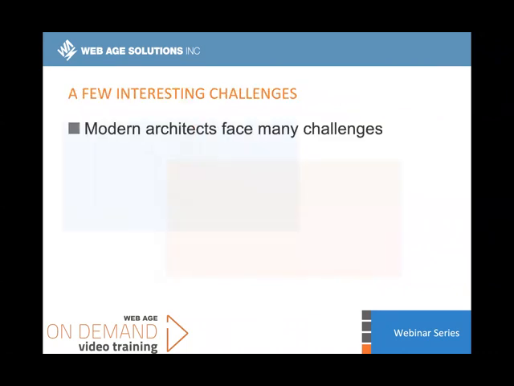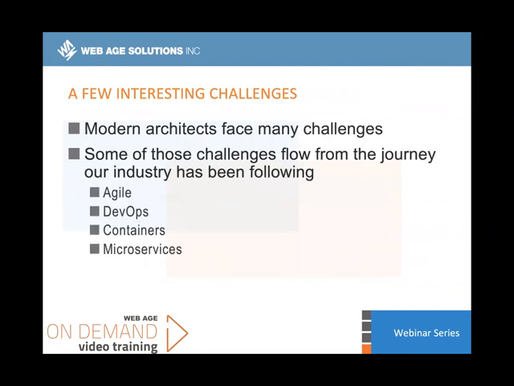So this journey that we're on has brought us to a place in architecture where we have a lot of really interesting challenges. And some of the significant challenges really flow from this journey that our industry has been following on. And again, the challenges that I see commonly in practice are around